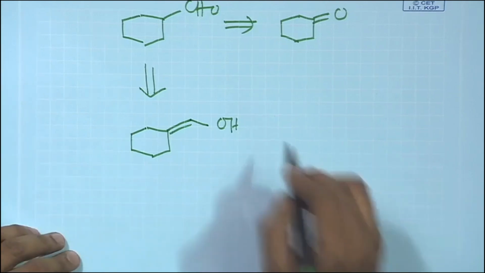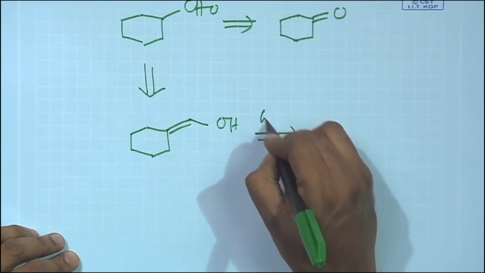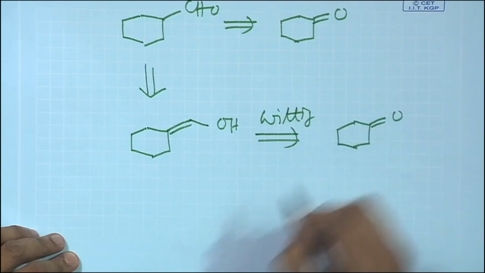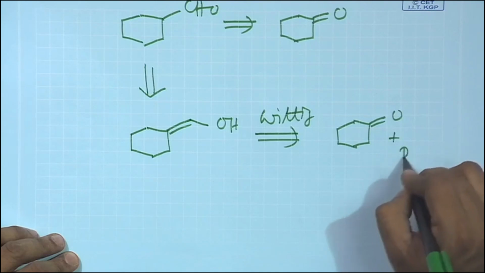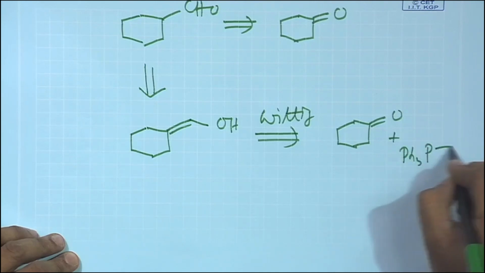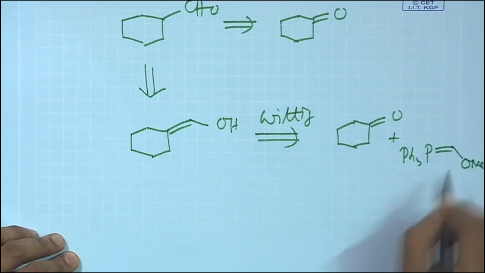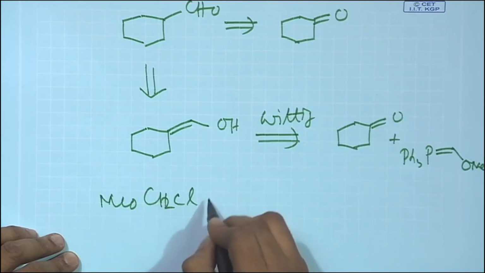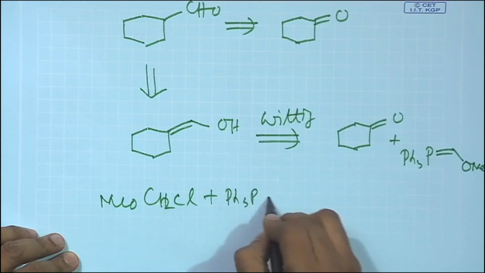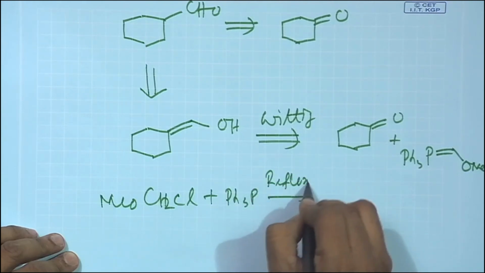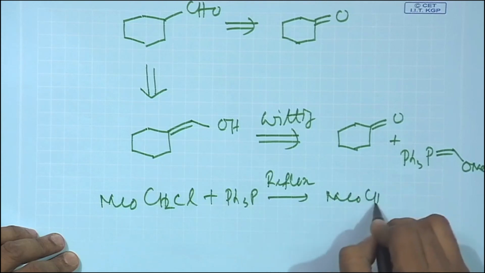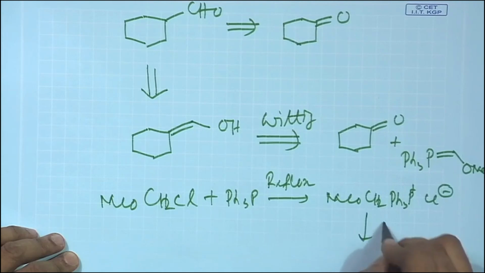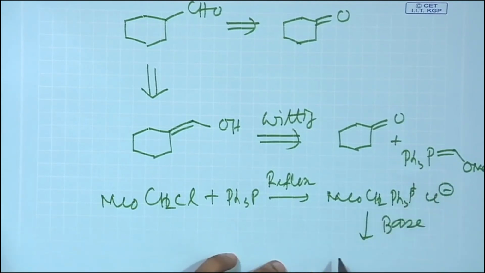Now, how can you get this vinylic alcohol? We will be using potentially a Wittig transformation starting from a cyclohexanone with a Wittig ylide, Ph3P double bond CHOMe. Now, this Wittig ylide can be instantly generated from a compound called methoxymethyl chloride plus triphenyl phosphine. You just do a reflux, and you will basically get MeOCH2PPh3 plus Cl minus. You treat with a base, and that will generate this Wittig ylide,